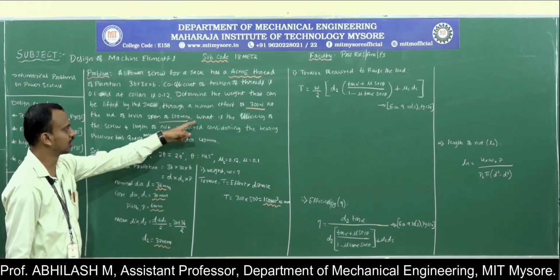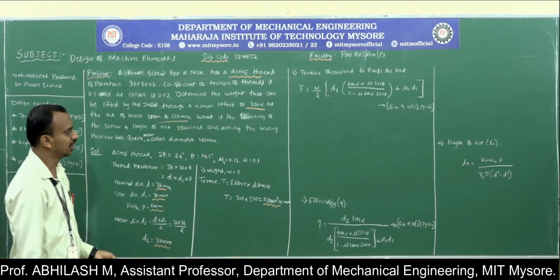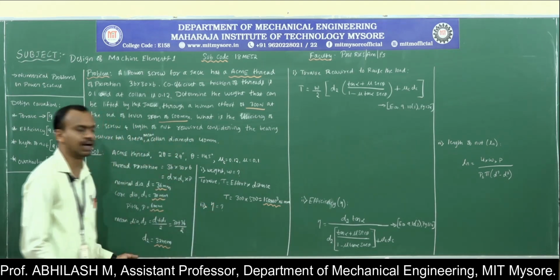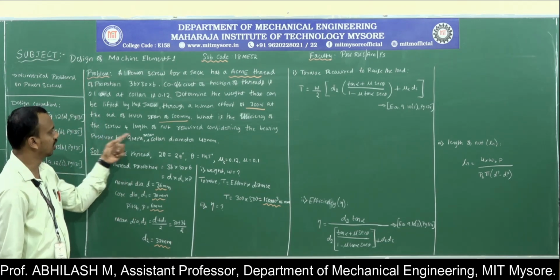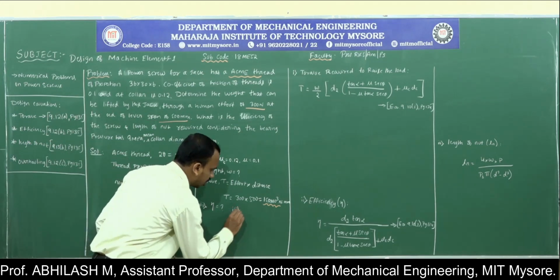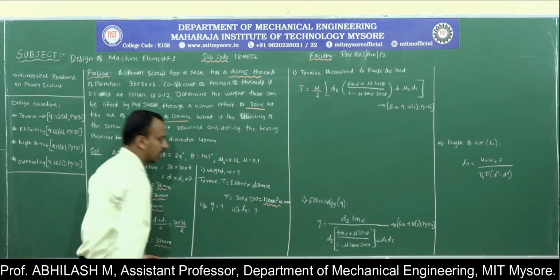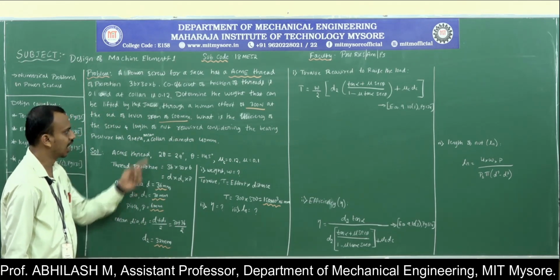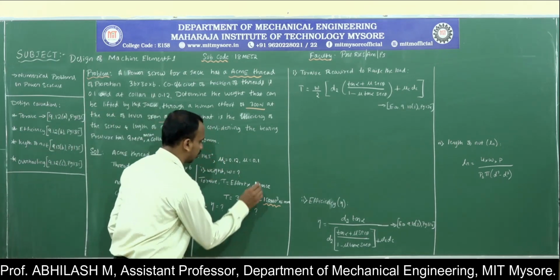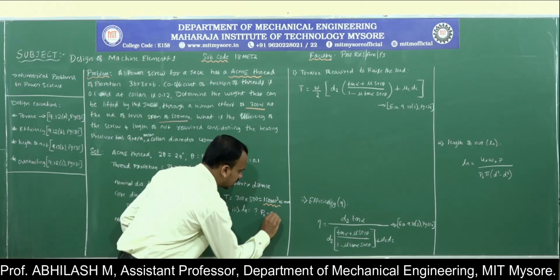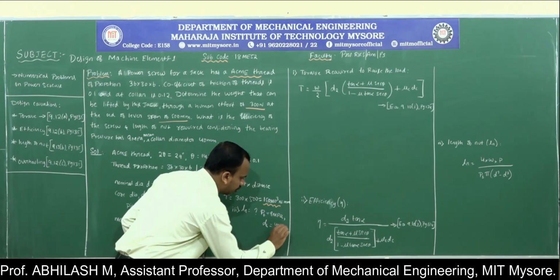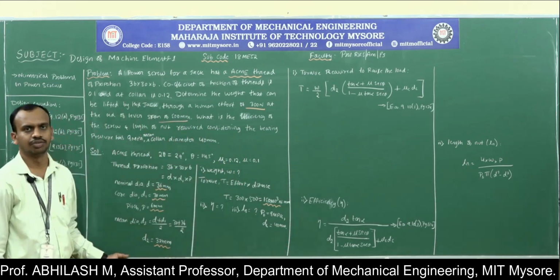Then what are the things that we are supposed to calculate? We are supposed to calculate the efficiency of this particular drive, which is denoted by eta. Then what is the other thing? We are supposed to calculate the length of the nut that is required, by considering the bearing pressure of 9 megapascal. They have given the bearing pressure in the problem, as well as the mean diameter of the collar, which is 40 millimeter.